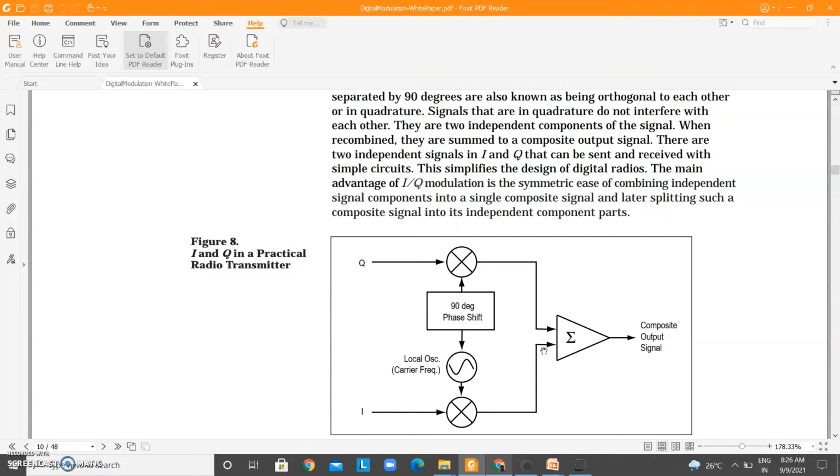Now, what is the difference between the I component and the Q component? If you see here, there is a local oscillator. An oscillator is an electronic circuit which generates